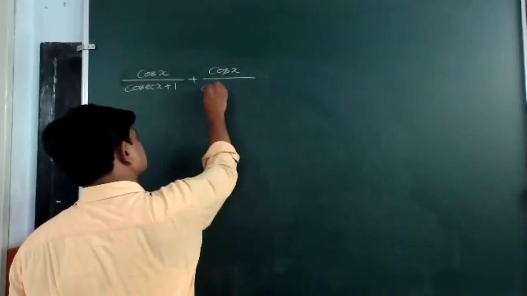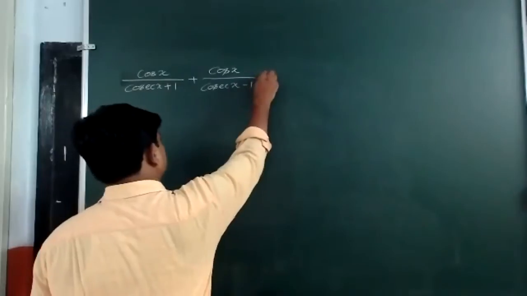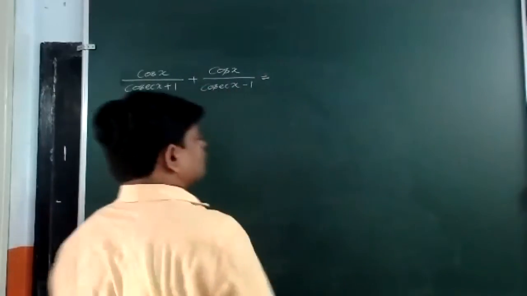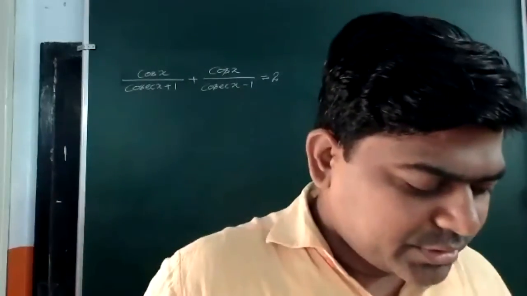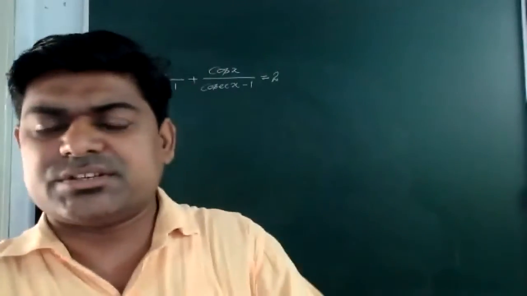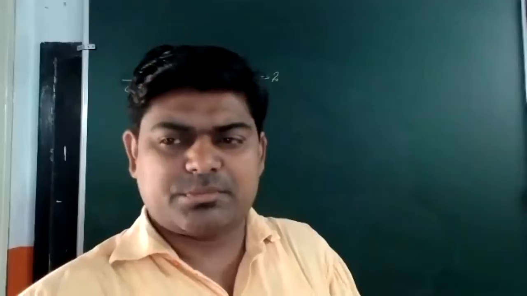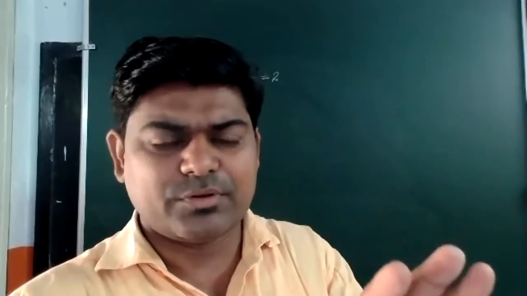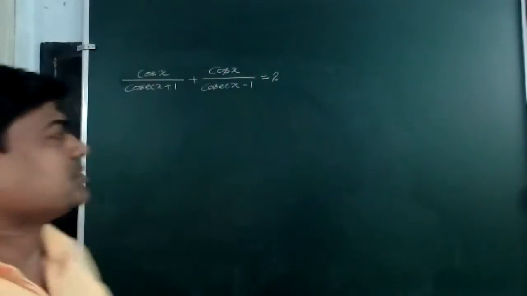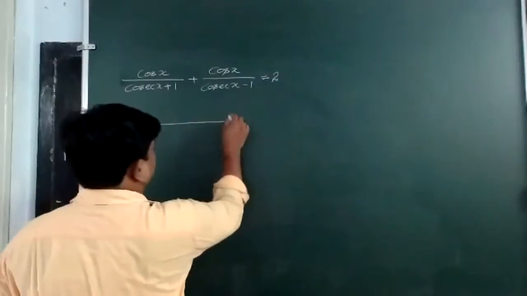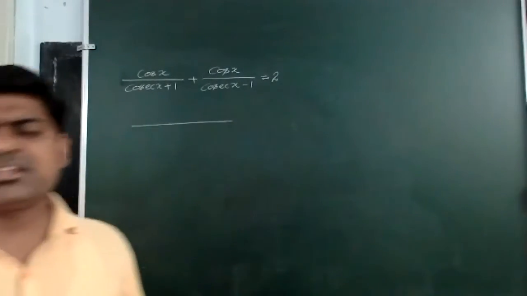That is equal to what is given, and we have to find the value of x if x is greater than 0 and less than pi by 2. It means it is in the first quadrant. We will get the positive one. Sin x, cos x, tan x, whatever we get, we will take positive only, or I can say only the acute angle we have to take. It's okay. Can I proceed? Now to simplify it, first of all, I am going to take the LCM of these two, and the reason is there.